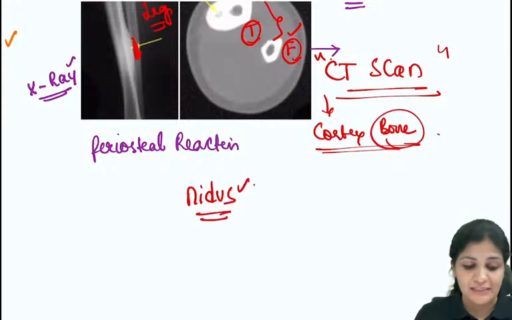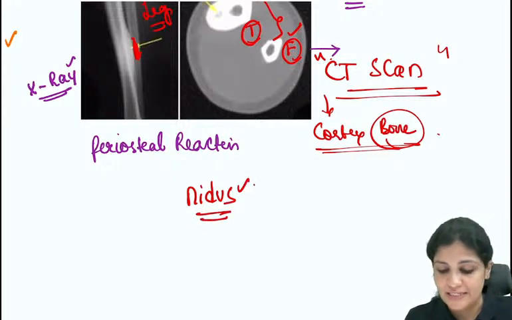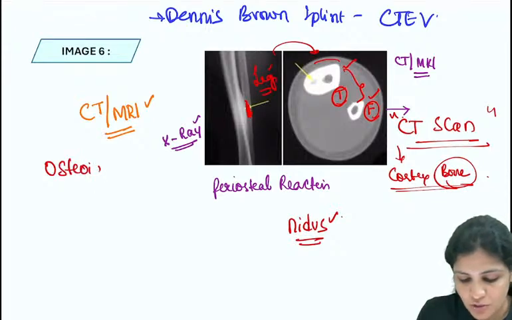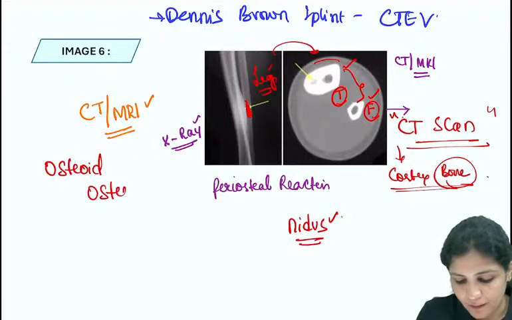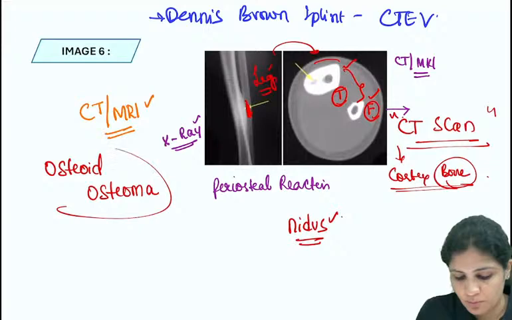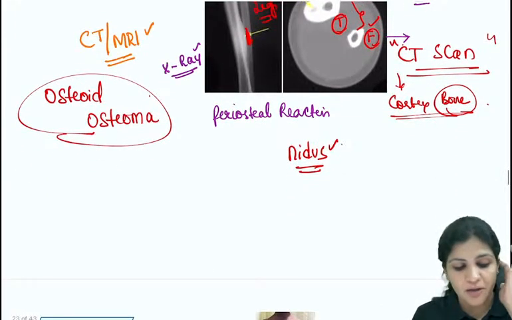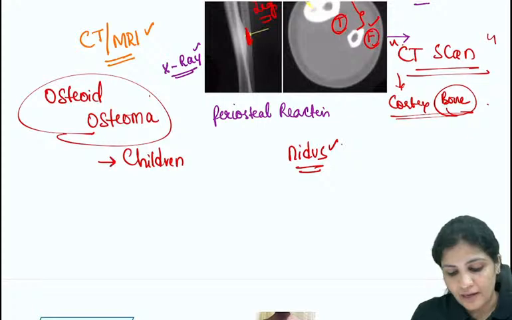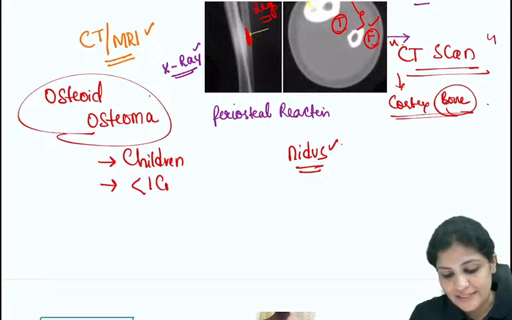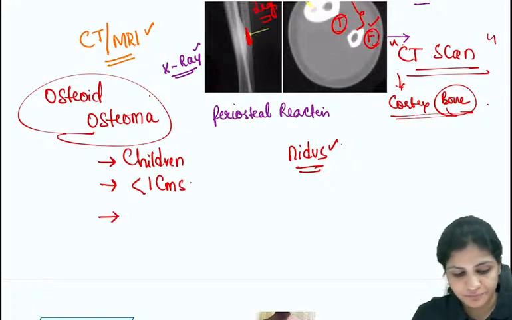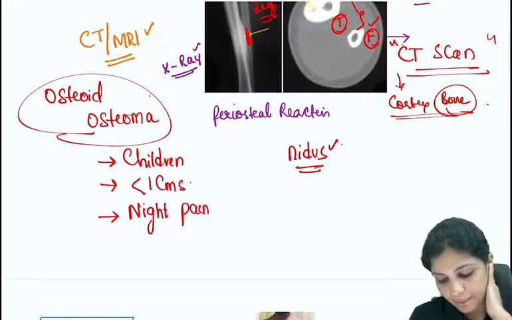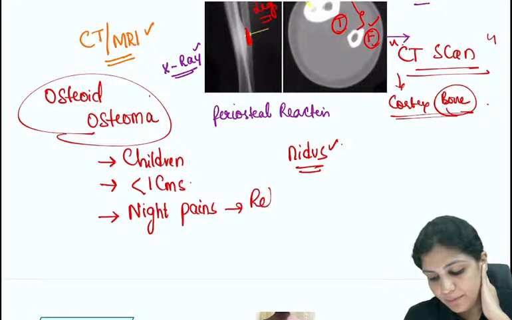Whenever you see this nidus on a CT scan, you have to always suspect osteoid osteoma. So what is this osteoid osteoma? It is usually seen in children, right? The nidus is less than 1 centimeter, and usually the patient presents with night pains relieved by